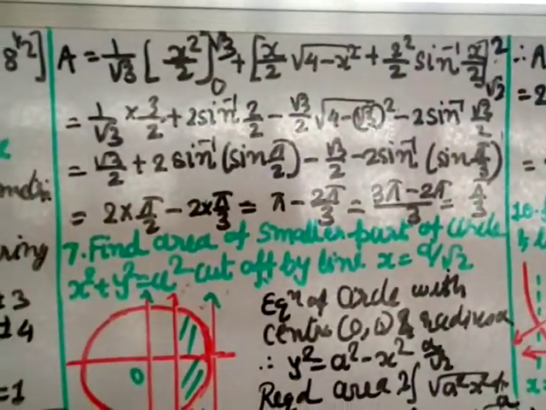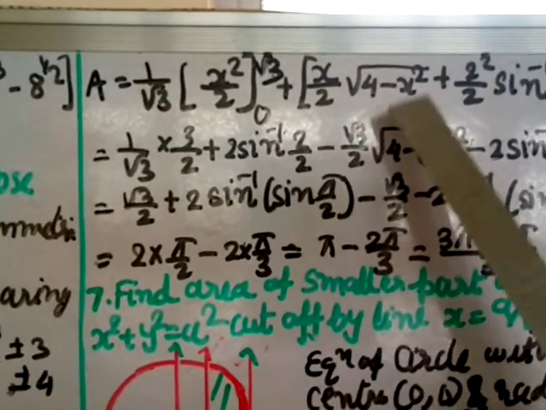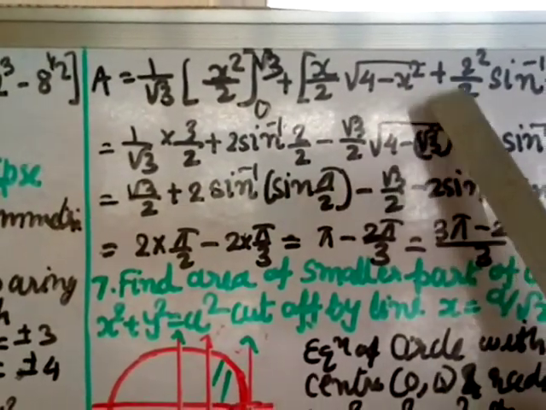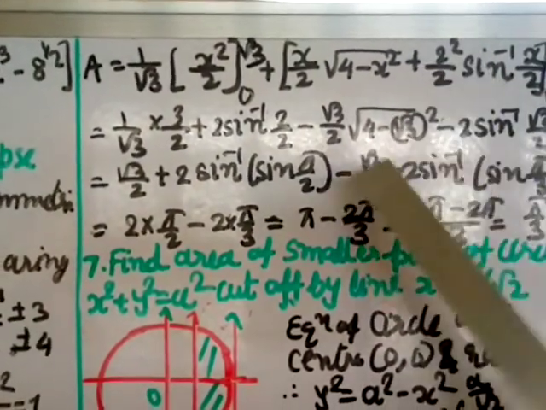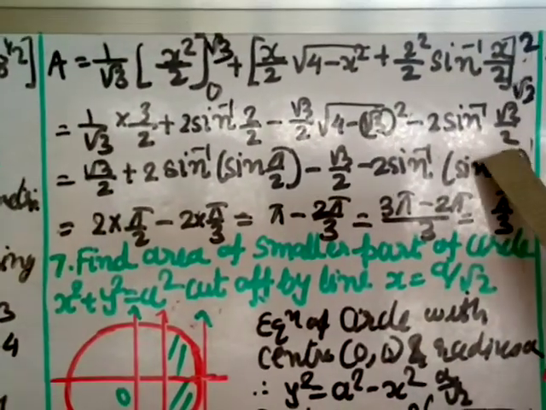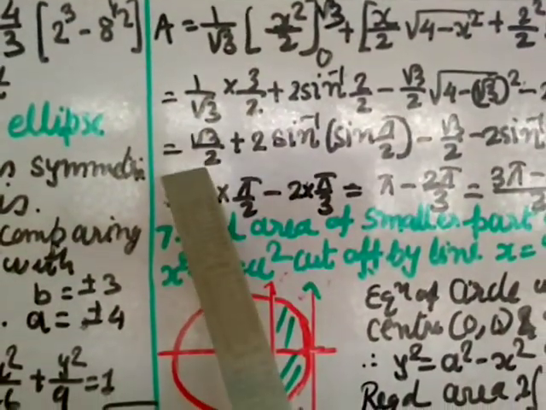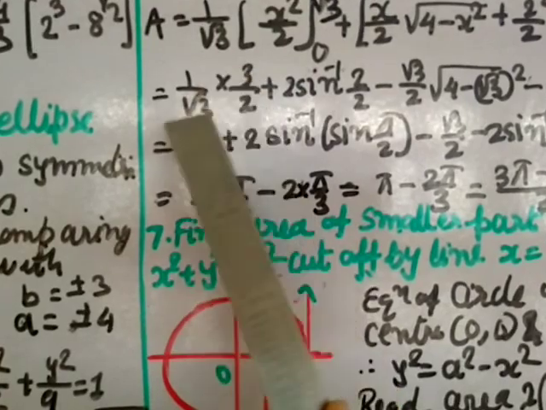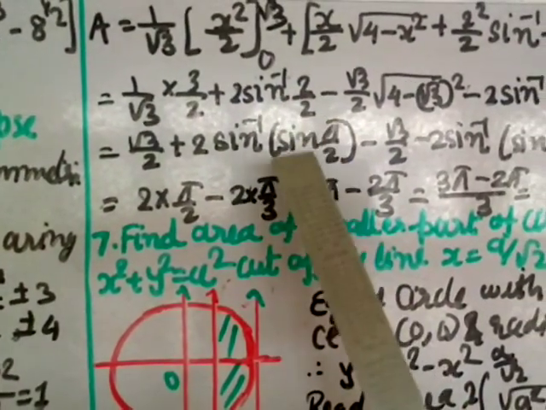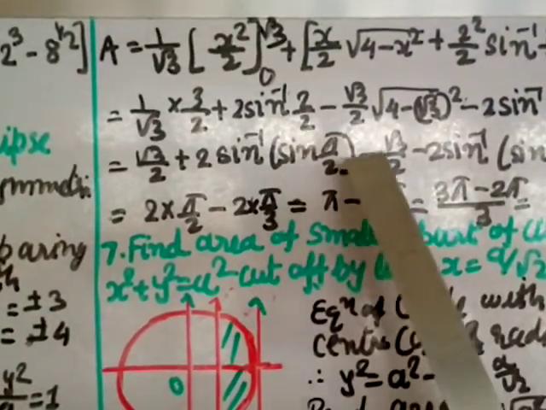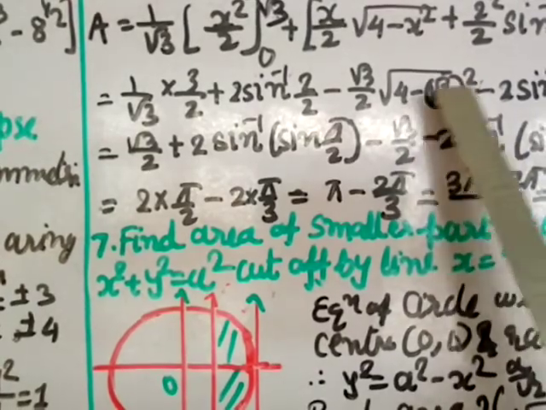fundamental theorem of calculus. So it becomes minus, so here instead of x put root 3 by 2, and root 3 square under the square root, plus will become minus because there is minus outside. Here 2 square by 2 means 2, sine inverse of x, that is root 3 by 2. So 3 by 2 root 3 and root 3, we can cut one root 3, so here remains root 3 by 2, plus 2, sine inverse of 2 by 2 means 1, so we can write sine pi by 2, here minus root 3 by 2, minus, because root 3 square is 3, 4 minus 3 is 1, so root 3 by 2 remains,